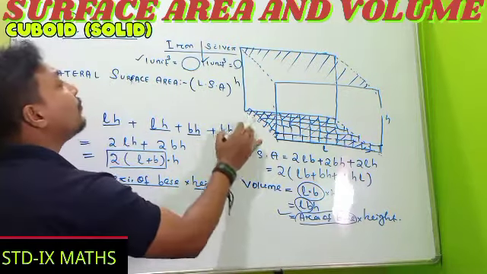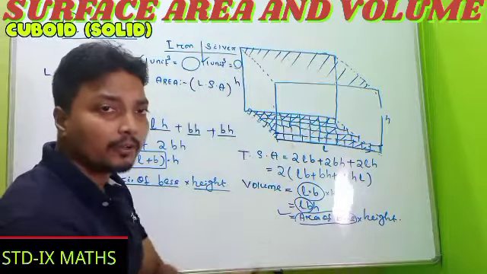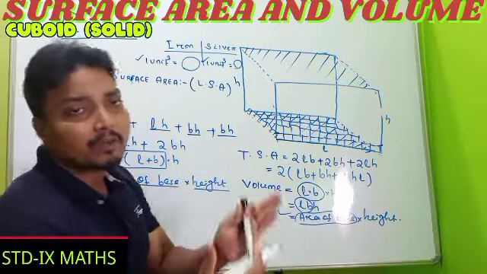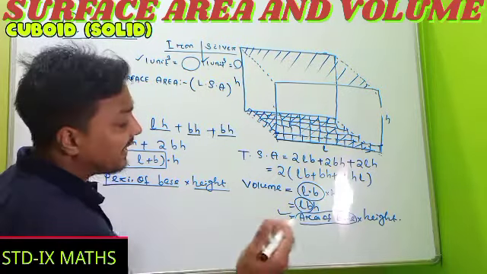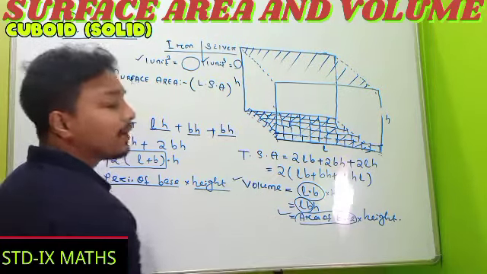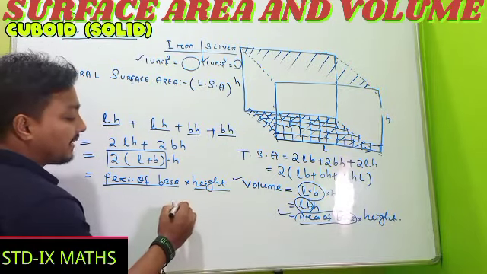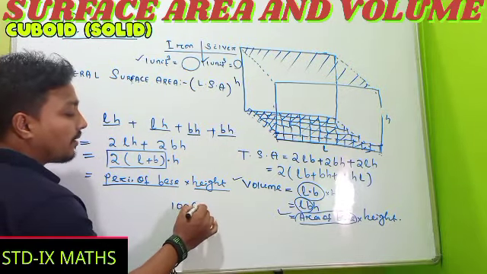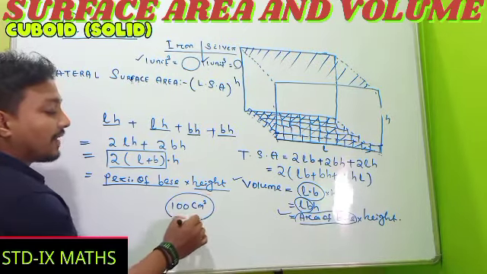Whenever the weight of 1 unit cube is given, you can find the total weight of the iron cuboid, or it may be a silver or gold cuboid. And remember, material required means that before that you have to find the volume. Suppose, as an example, I get the volume as about 100 centimeter cube.